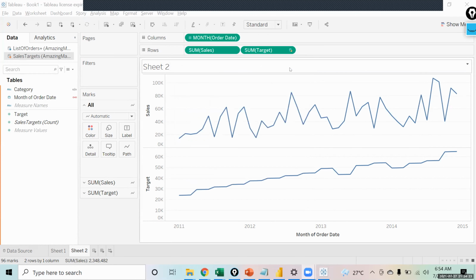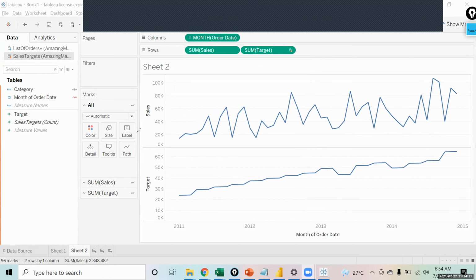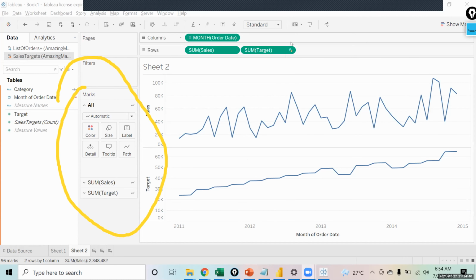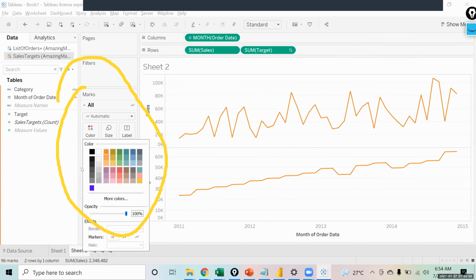Okay. See, now you see these two charts that we have got. The upper chart is a line chart. This is also a line chart. So small stuff that will come up over here is you will see the marks that are coming, right? So right now, what I can do is, when you want to do some formatting changes for both the charts together, right? If you change the color, both will become orange.